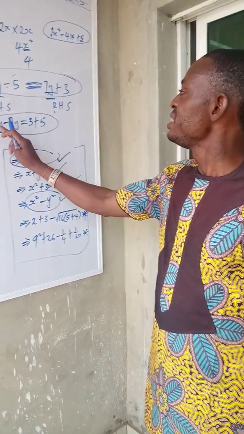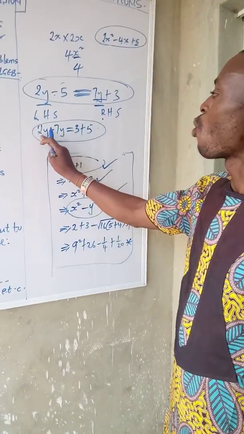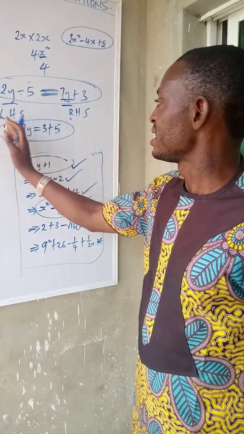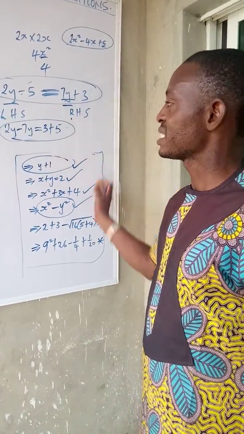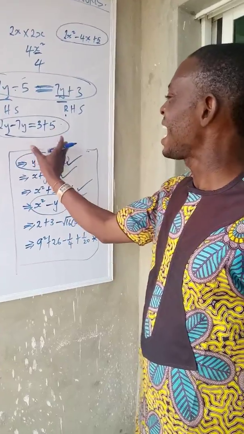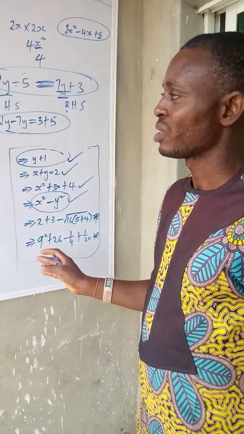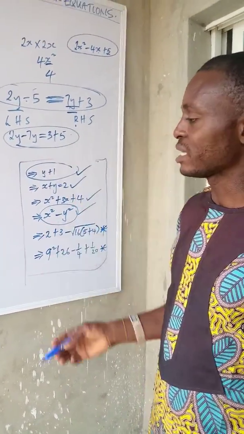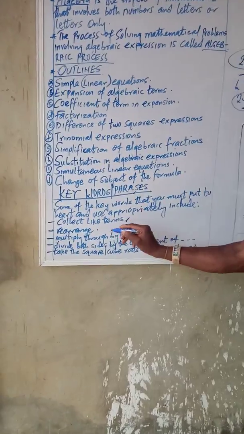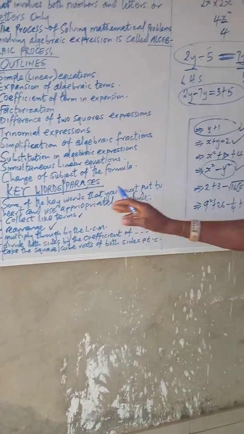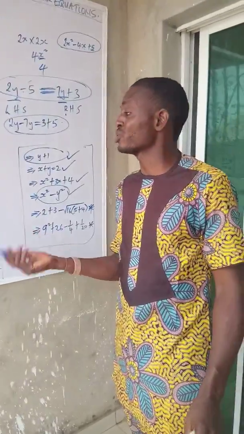This is simply what it means to collect like terms. Now, the entities that are in y are on one side, and the entities that are not in y are on the other side. So it is a cleaner kind of arrangement. That's what it means to collect like terms. Another term that you use is to rearrange. You use this especially for expressions that are not equations.